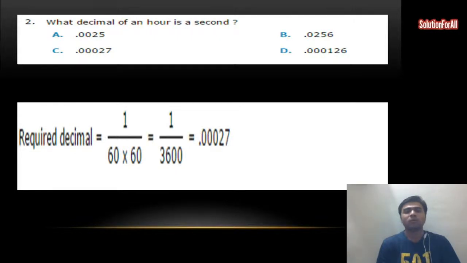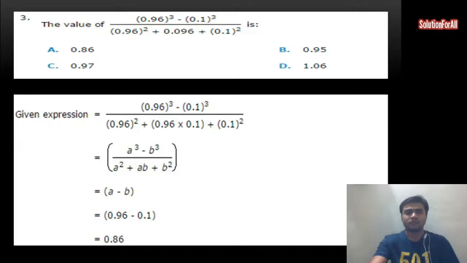So you need to read the question first very carefully because this may lead to some misunderstanding. Some people may find the solution as how many hours are there in a second. So sorry, how many seconds are there in an hour. So this is the wrong one, and actually you have to find how many hours are there in a second, and that will be in the decimal form. That's too obvious. So our answer is 0.00027, and option C is the correct answer. So I'll shift to the next question now.